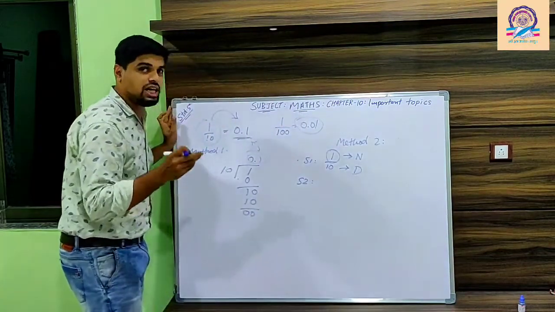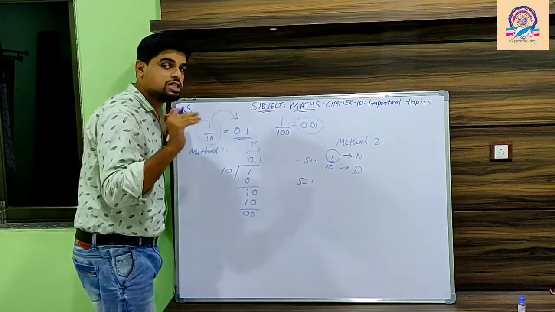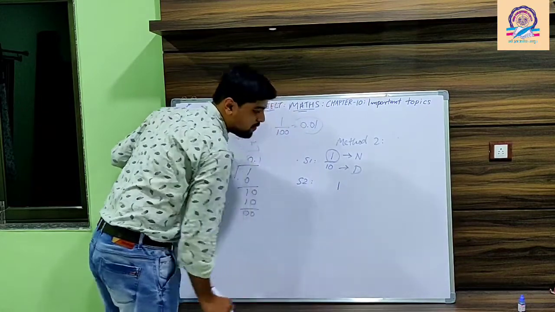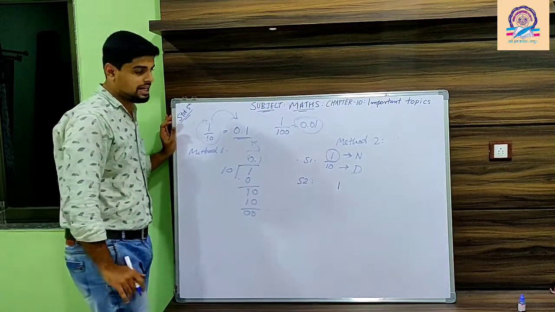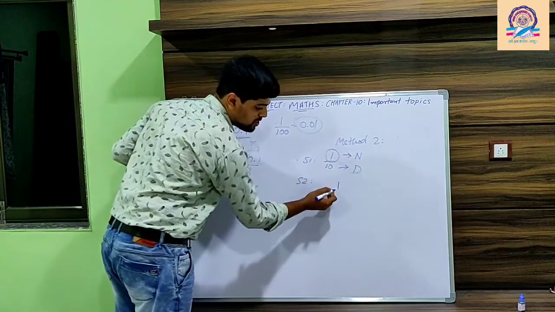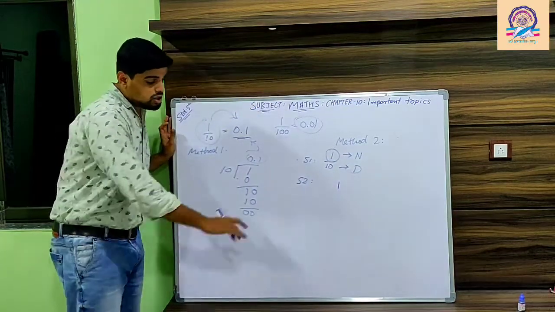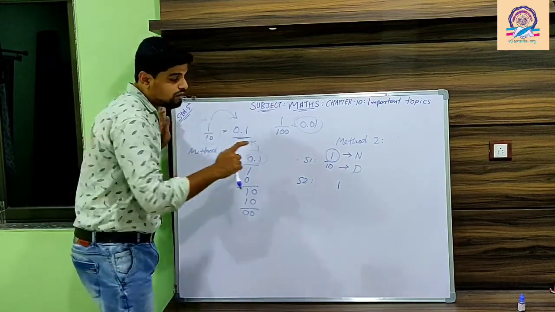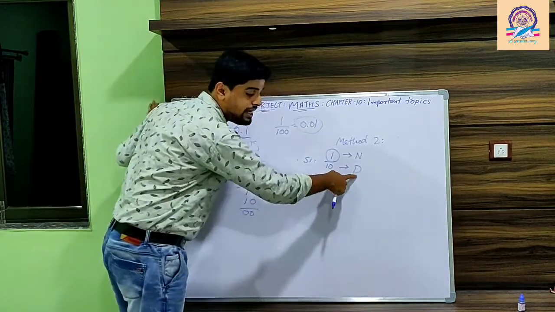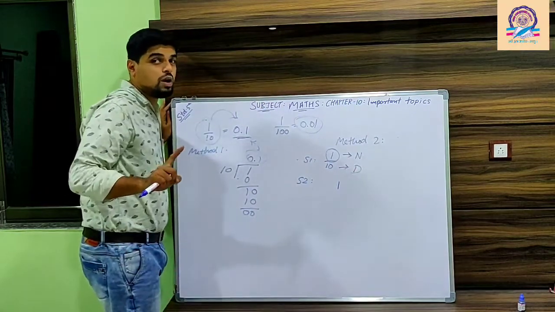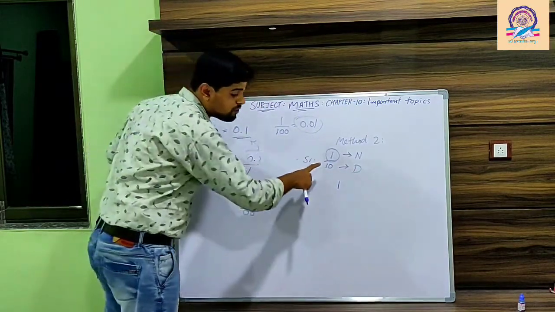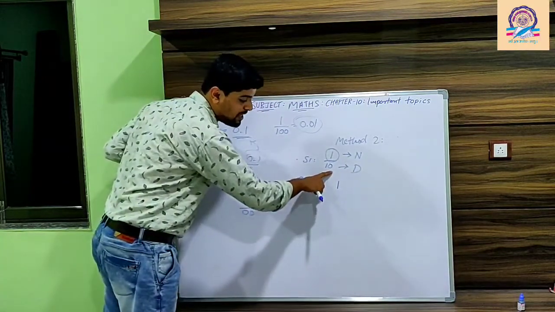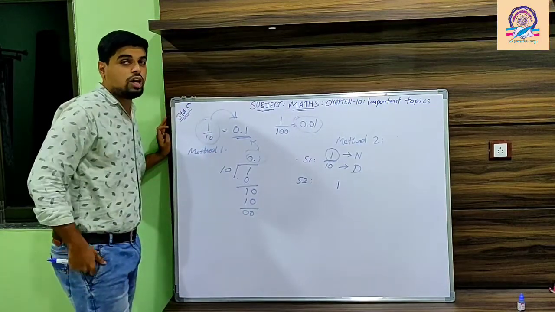whether it is 1 digit, 2 digit, or 3 digit. In our case it is only 1 digit, so we write that particular digit as it is. In our case the numerator is 1, so I have written 1. Now step 2 is not completed. To complete step 2, you have to count the number of 0s in the denominator. So how many 0s are present here? Only 1. So here is the trick.